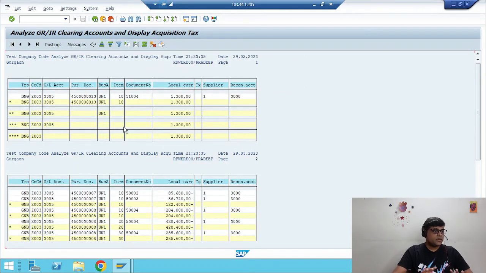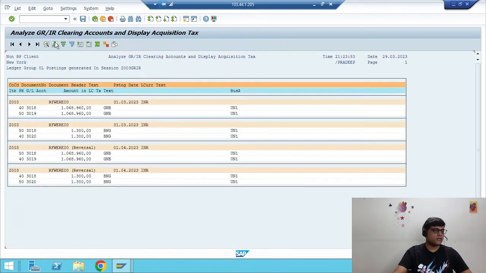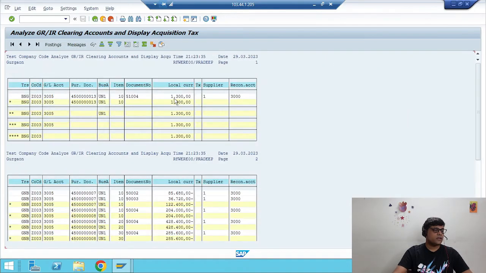Now here we got the entries related to that batch. So you can see the transaction keys, BSX, it's updated related to your GBB and BSX both updated, means goods received. And so 1300 entries there. Practically we will see it in the particular GL account. So entry something is there. If you want to see the document, if you click here, it's done. So it's showing. Now we are going to